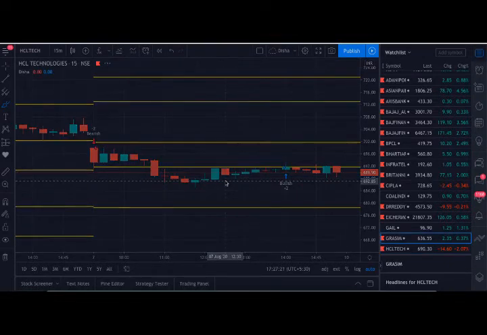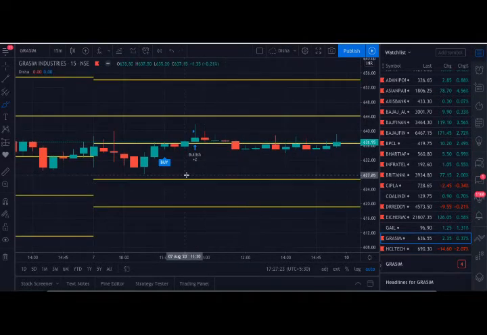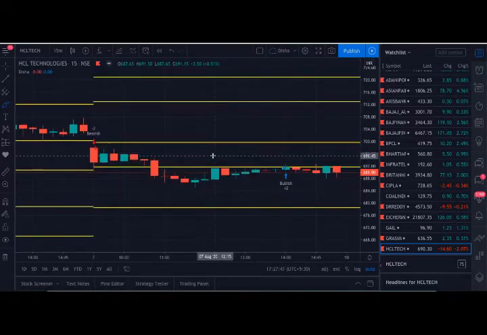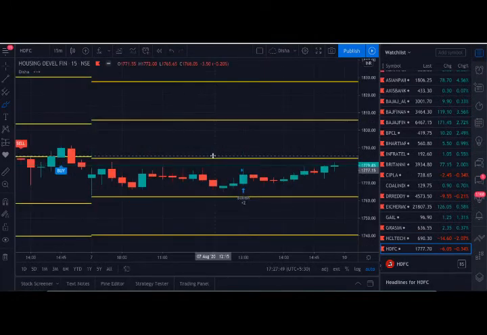I will say one thing in Grasim case. Here, Grasim has given the buy call first. Then the trend was changed to bullish. As per our rule, the trend will come first, and then buy or sell call will come later. So in this case, it came in reverse order. So avoid. HCL, nothing. HDFC, nothing.